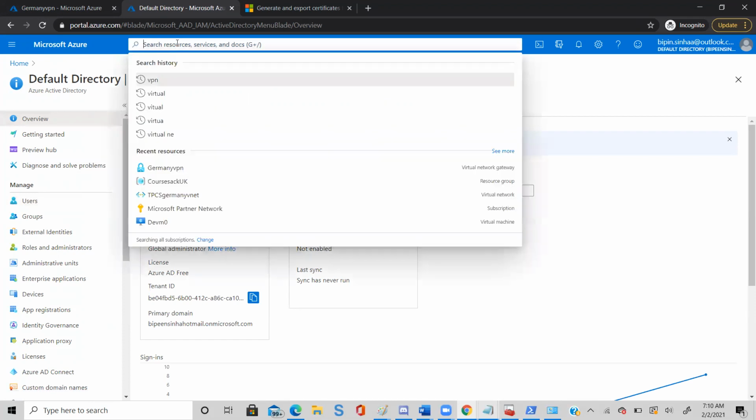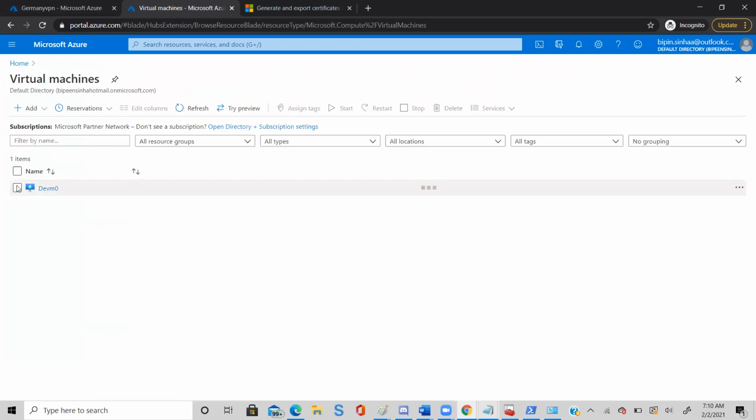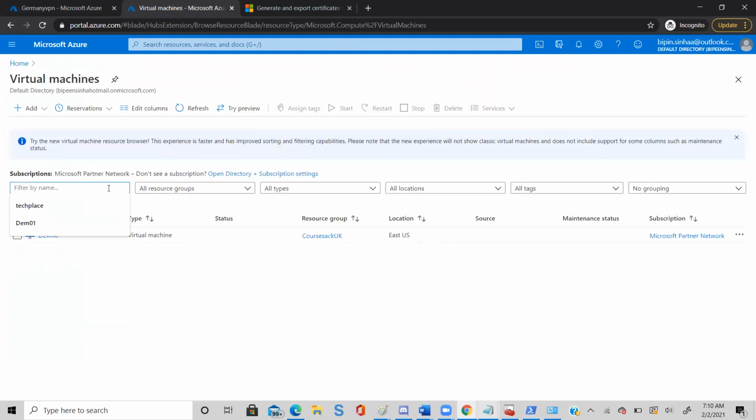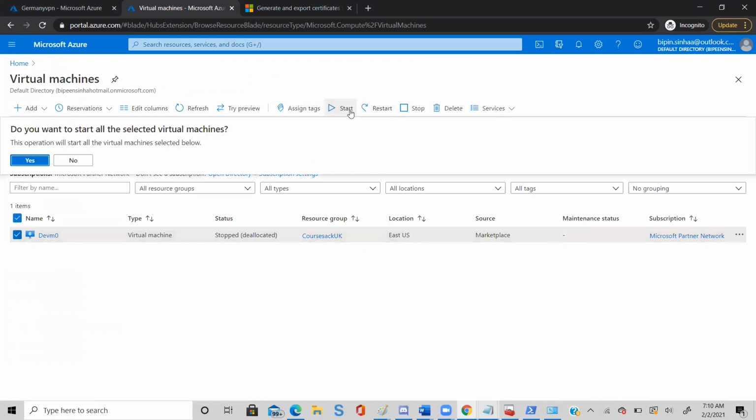And then go to virtual machine. So we have to start our virtual machine. It was shut down, right? Yeah. So let me click that one. And we have to say start.